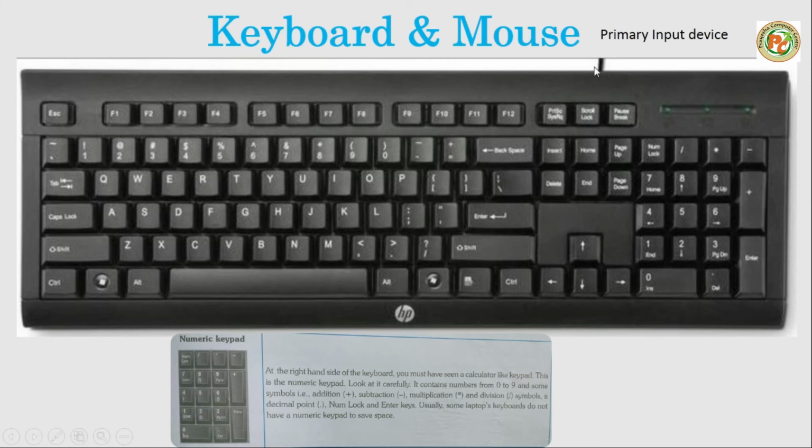But sometimes your numeric keypad is not working because your numlock will be off. Here it is given: numlock on means what? The light will be on, that means numlock is on, then you can type. But if this light is off, that means the numlock key is off. At that time you cannot use any of these number keys. So if it is not working, then try to turn on the numlock key, then you can type.